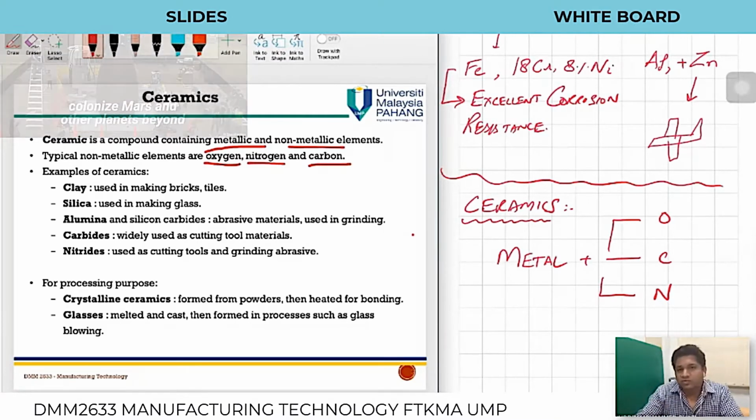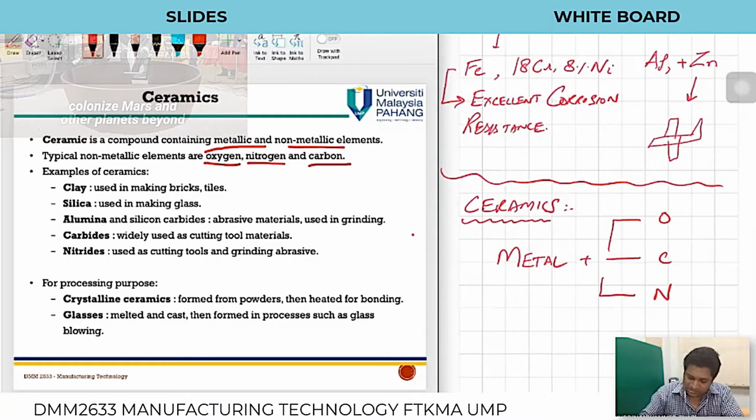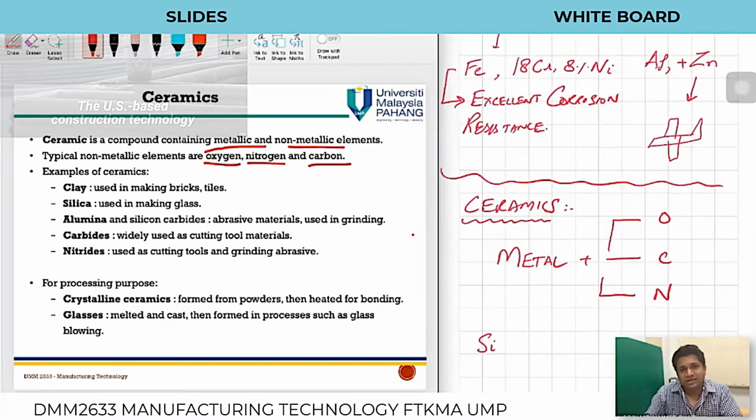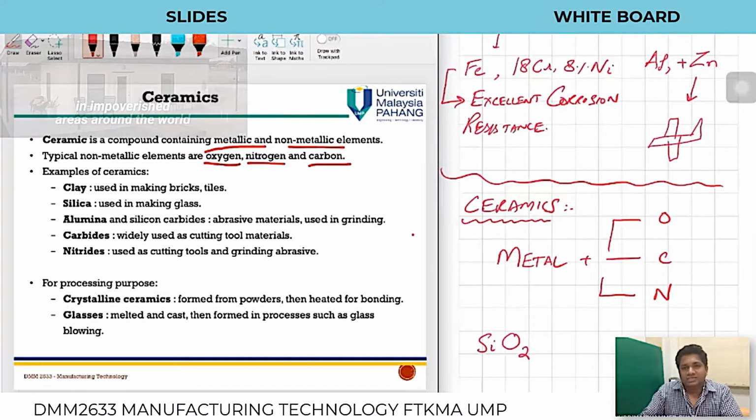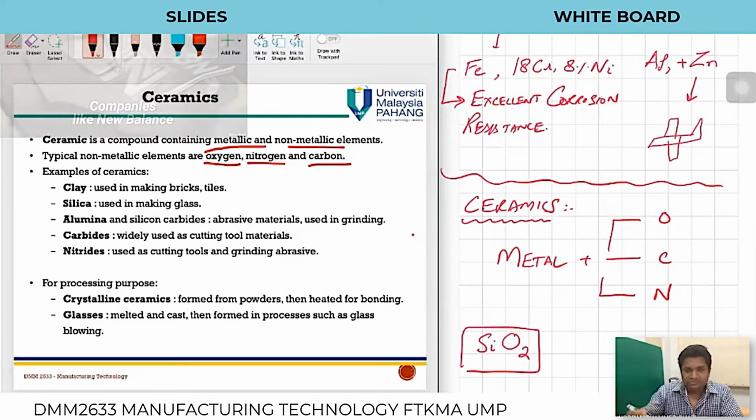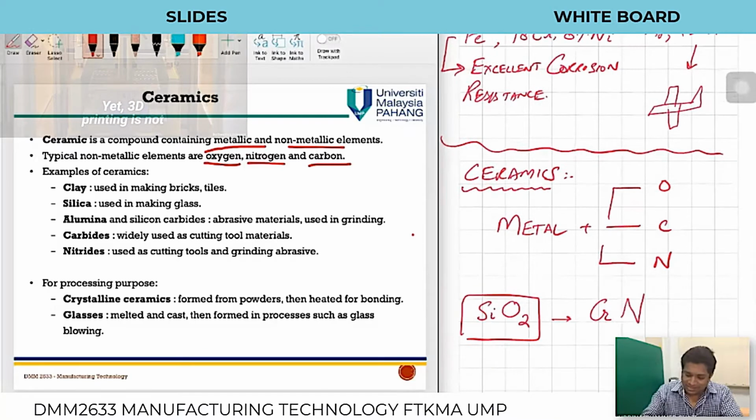The sand on which you walk, the beach sand, is silicon. Silicon is a metal, but if I combine it with oxygen, it becomes silicon dioxide. The sand is basically a ceramic. It has very good insulation properties. If you walk on hot sand, it is hot, but if you remove the sand, your foot becomes cold because it has good thermal insulation. If we talk about chromium, then chromium makes very good properties with nitrogen, so it becomes chromium nitride. It is a ceramic.